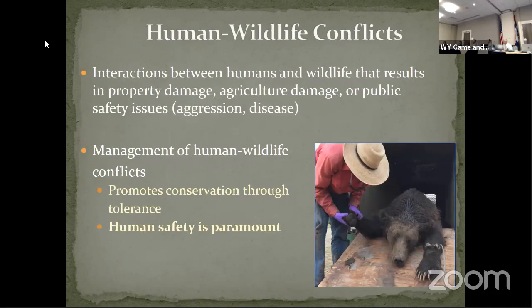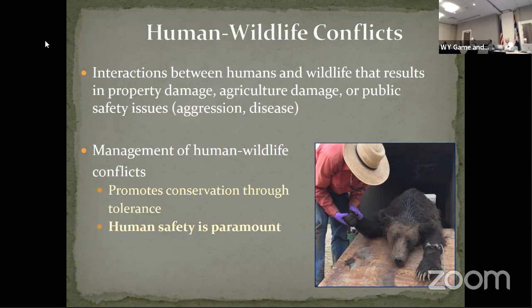With human-wildlife conflicts with large carnivores, our objective is mostly to educate people on how to reduce conflicts. High numbers of conflicts are something we don't want to see. We're trying to reduce that, of course. But we have to document the bona fide damage that does occur, no matter what that is. Human safety is paramount, and we just want to assess what these trends are over time.